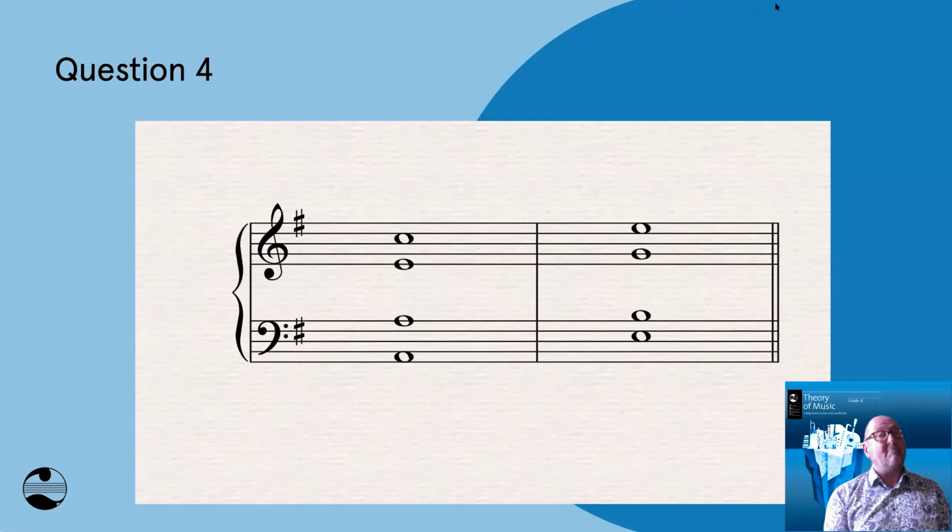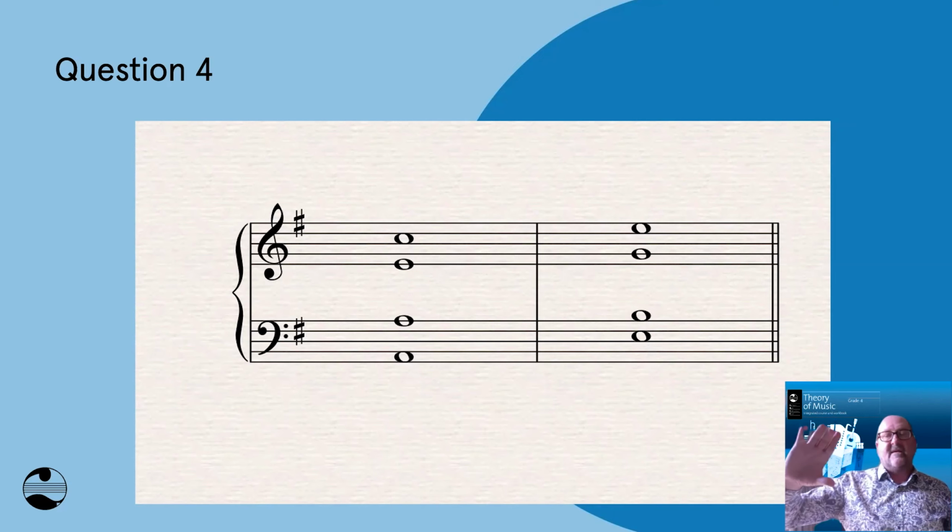And I'm pleased to say that most of you picked that up. About 70% of you picked up that they have hidden octaves. I'll just briefly explain. If we're talking about the outside parts, that's the soprano and the bass parts, they both need to move towards the same note, and you can see that they do. The soprano moves towards the E, the bass moves towards the E, the bass comes up a fifth to the E, the soprano comes up a third to the E. Both of them have gone to the E in the same direction, and they've outlined that octave. So that's why we call it a hidden octave.